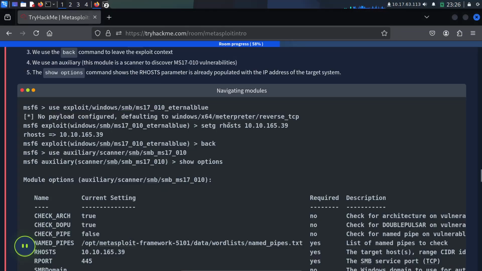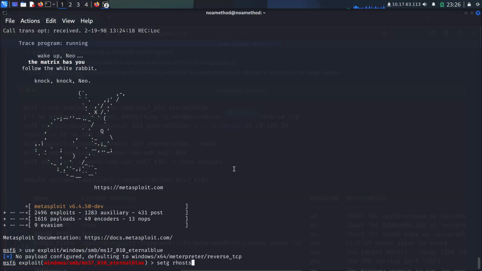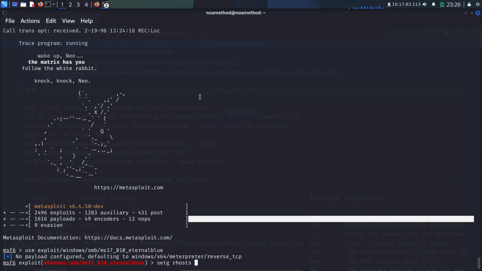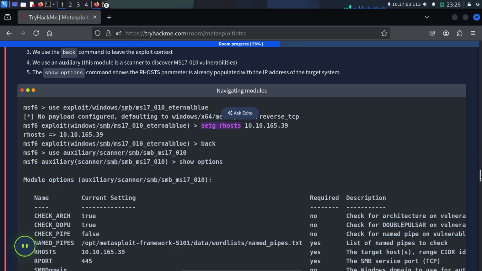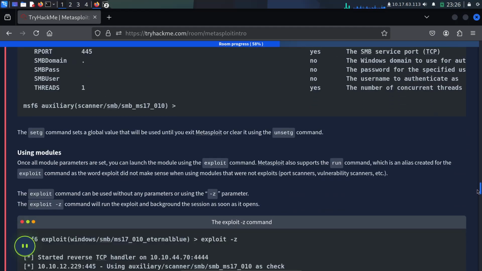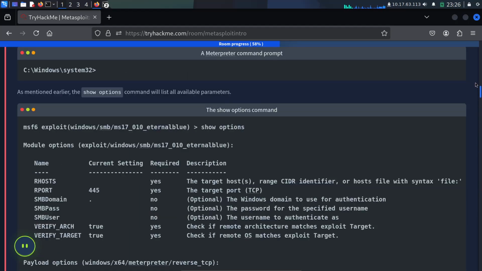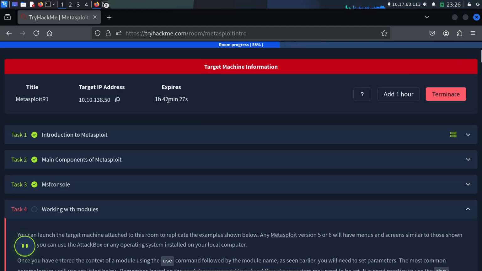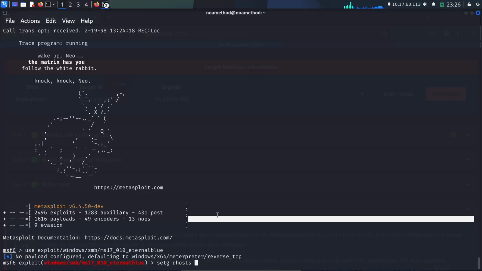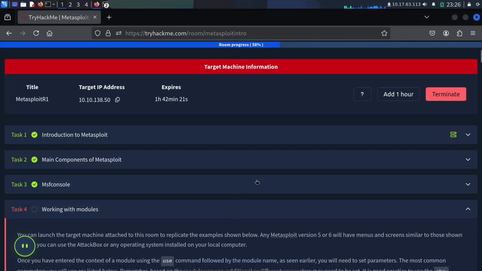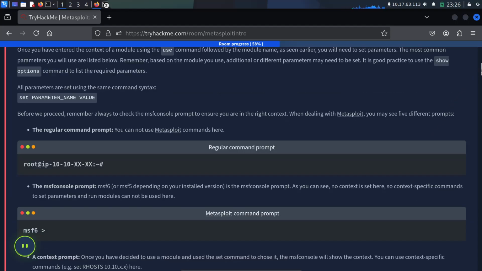Set RHOST. Alright, and then we can open it again.